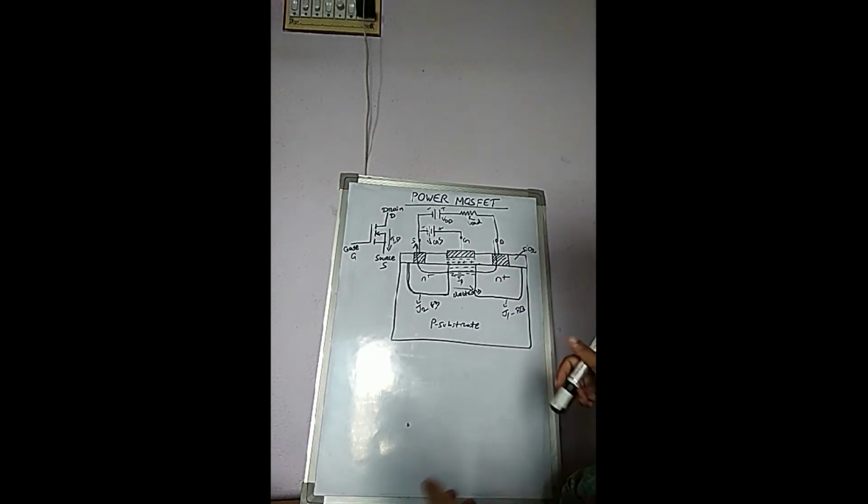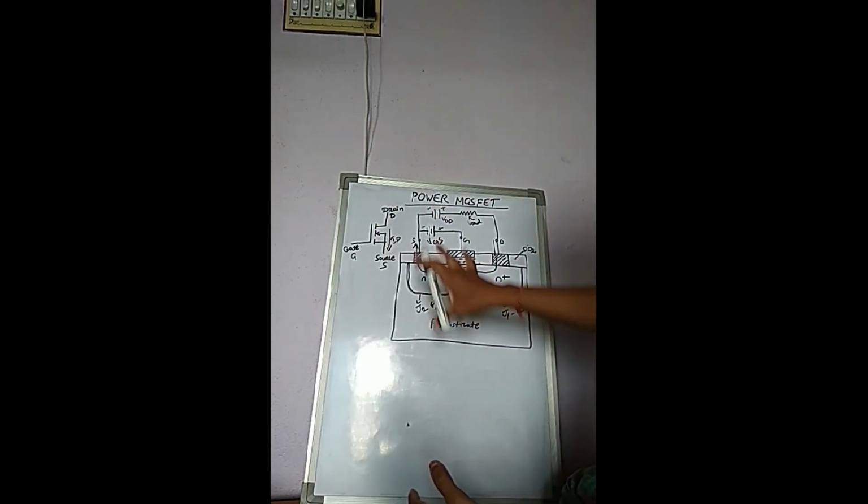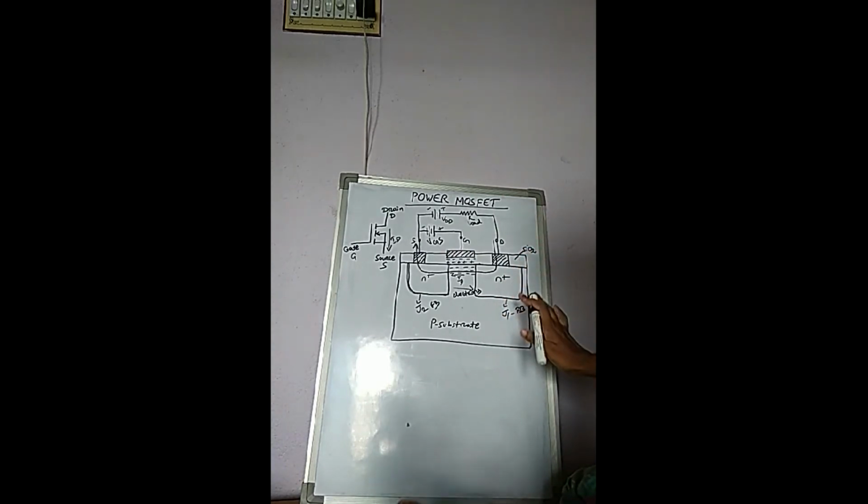Okay, and this structural representation or configuration of power MOSFET is mainly used for low power applications and high frequency applications. So what are the disadvantages of this N channel MOSFET? The main disadvantage is that the conducting N channel in between drain and source gives large on state resistance, and this leads to high power dissipation in the N channel.